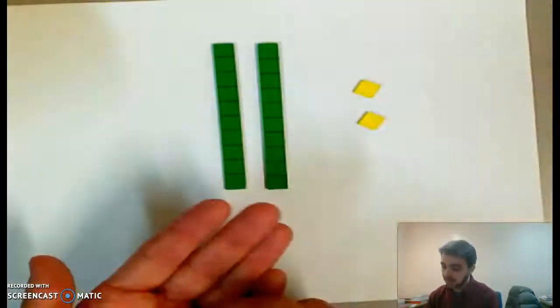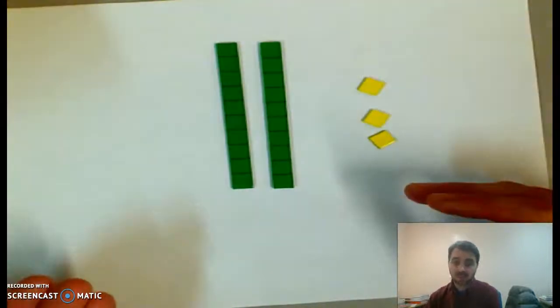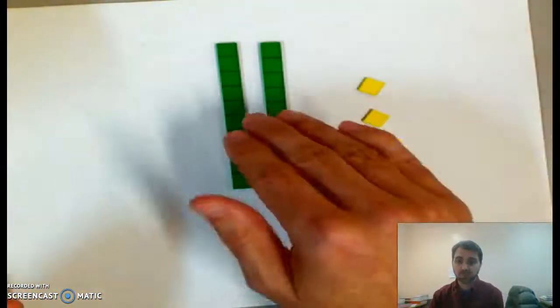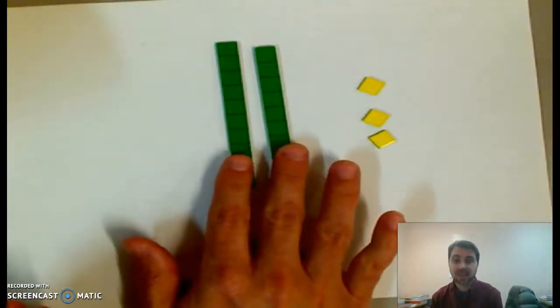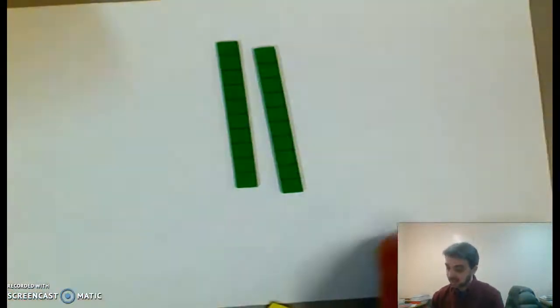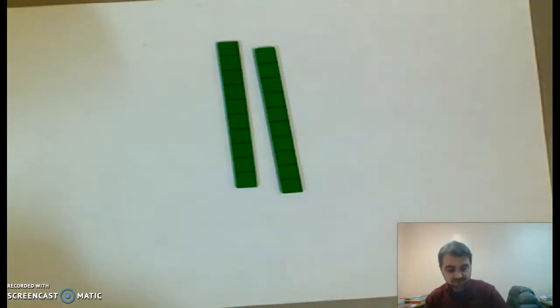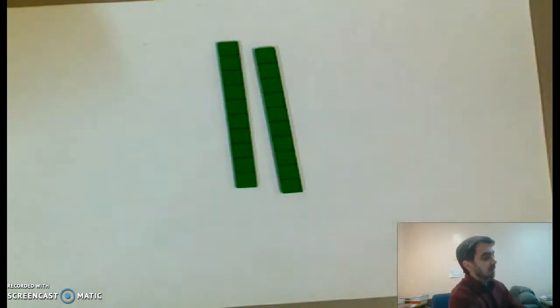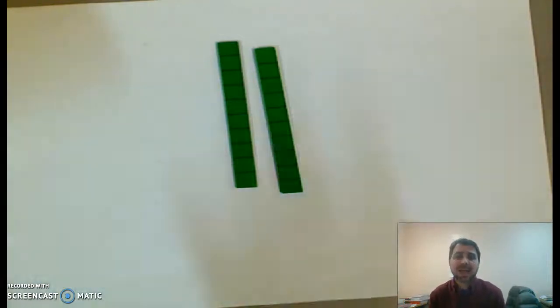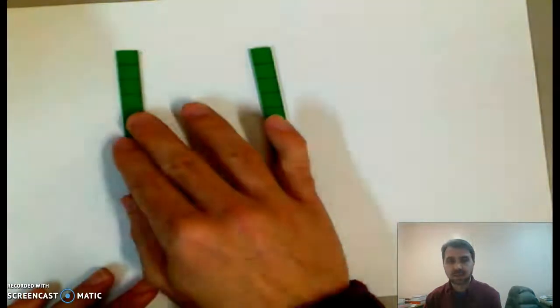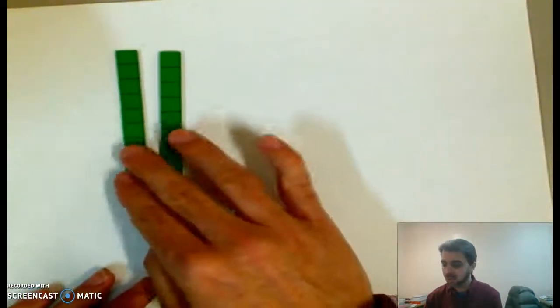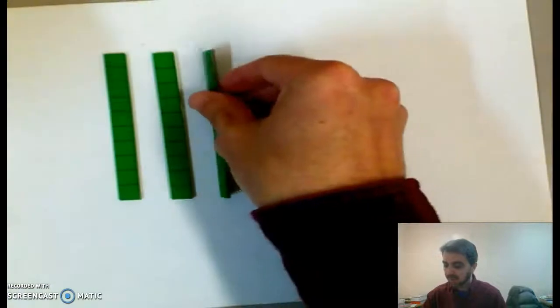Okay? And then on it'll go. 21, 22, 23. Once I got 10 ones, I could exchange or regroup those into another 10, and I have 3 10s or 30. Okay, so with the 10s, we did a lot of work with this because we were talking about how many bags of candy Bob could make with certain amounts. So if his Aunt Jean wanted like 200 something pieces of candy, how many bags could he fill? So we had one bag of 10, that's 2 bags, which is 20, 3 10s,